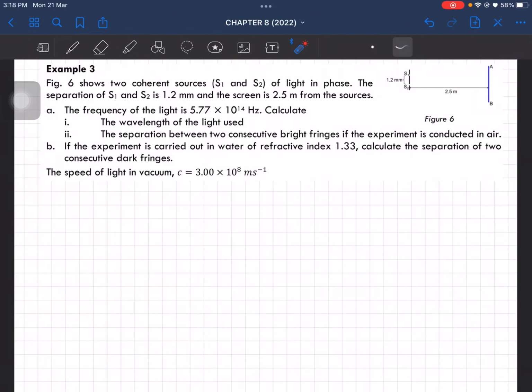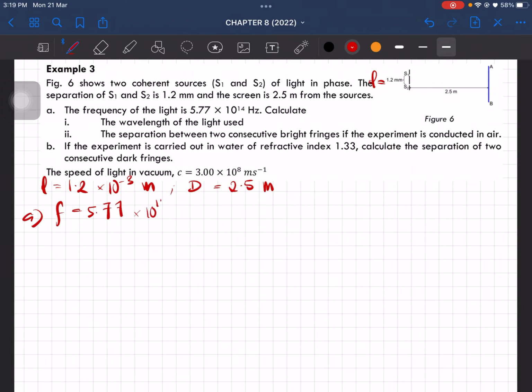Okay, example 3. This figure is showing two coherent sources, S1 and S2. The separation of S1 and S2 is given here, which is 1.2 millimeters. Let me write that. That is small d. And then we have the distance from the slit to the screen, that is capital D, which is 2.5 meters. The frequency of the light is